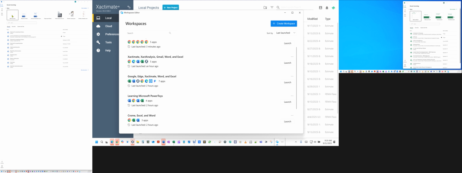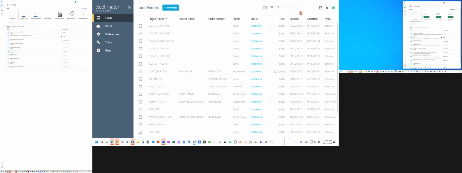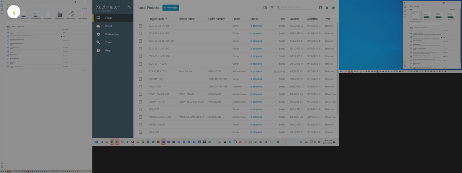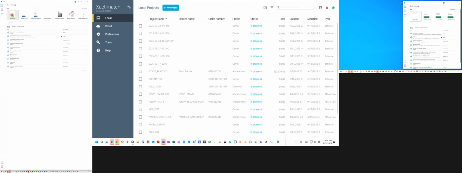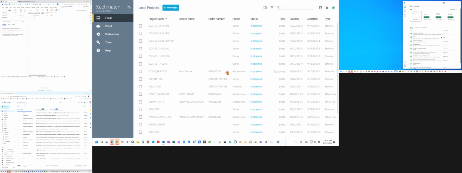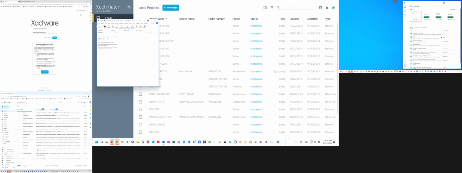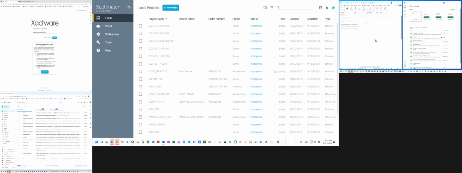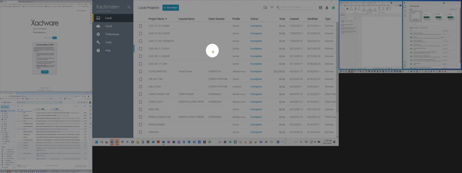So I already see one thing that it did wrong, but it's no big deal. The important thing is that it launches the software. Okay, so this is Extractor. Okay, now Word, I really wanted it right here. Okay, oops, right here. So all I got to do is just drag it there, and it puts it in the right position. So I have this is Xactimate. This is